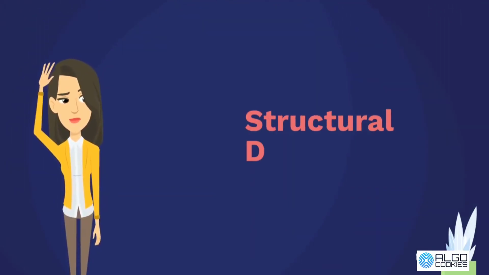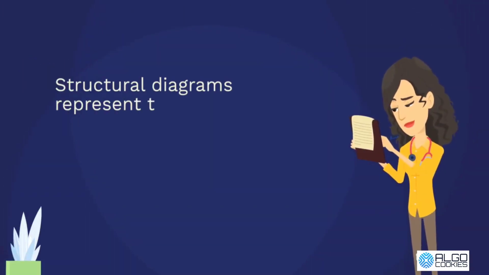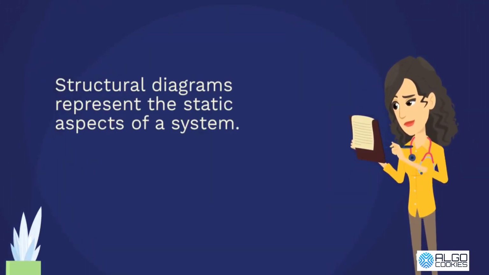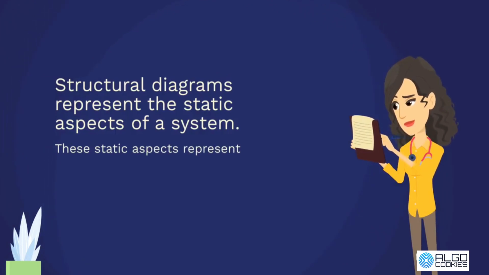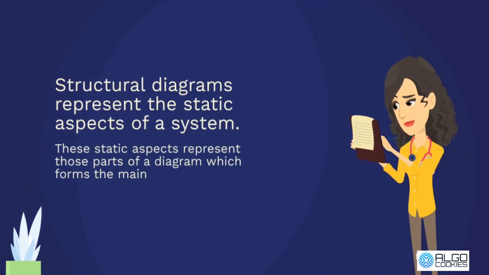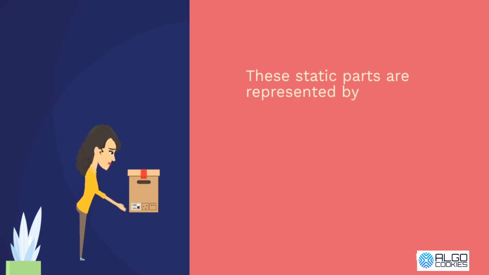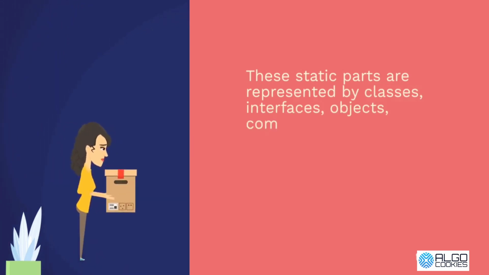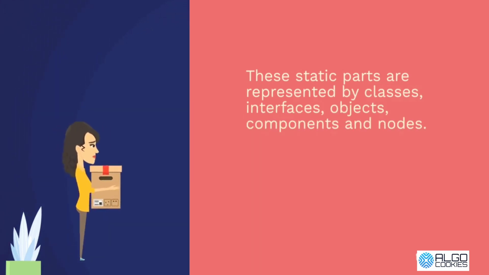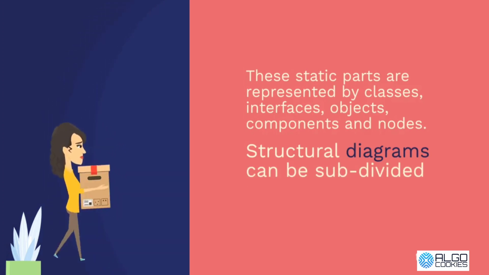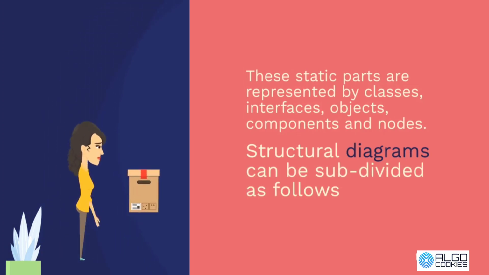Structural diagrams. Structural diagrams represent the static aspects of a system. These static aspects represent those parts of a diagram which forms the main structure and is therefore stable. These static parts are represented by classes, interfaces, objects, components, and nodes. Structural diagrams can be subdivided as follows: